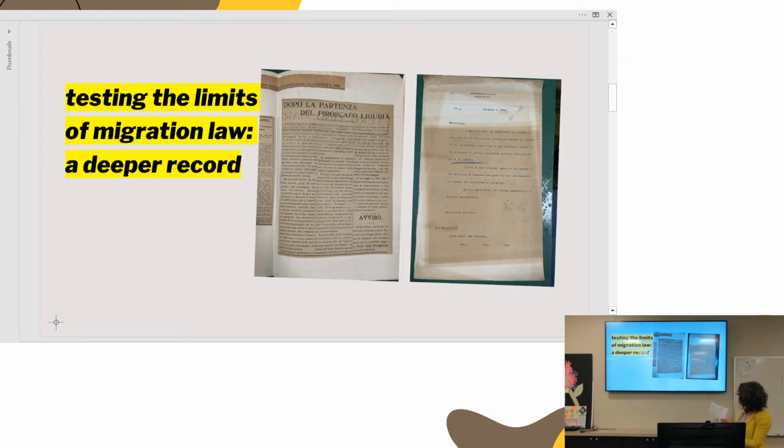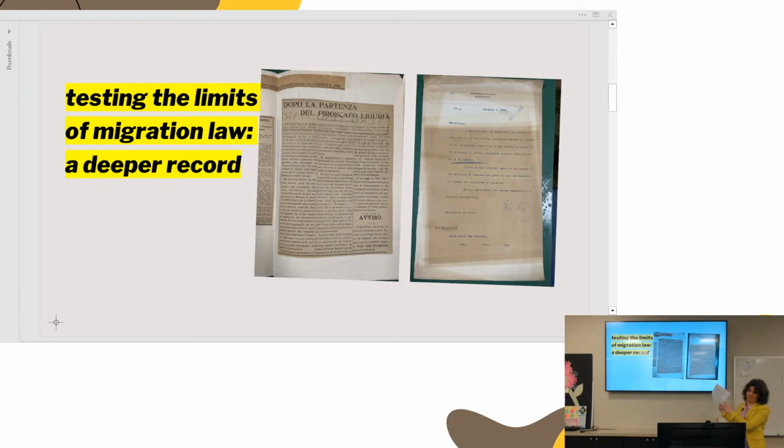So it wasn't just that the ambassador was reading this letter from his equivalent, the Secretary of State, and maybe being annoyed that it was not doing more. But what we also see, right, is that in reading this letter, he was also reading what the community of Italians in New Orleans were saying about what had happened. And I bet that he was unhappy about the tone of this letter and the response of the U.S. government. And we know that because other letters and reports later on confirm, right, that he was very frustrated with the way the U.S. government kept saying it's not our fault, we didn't do anything wrong.